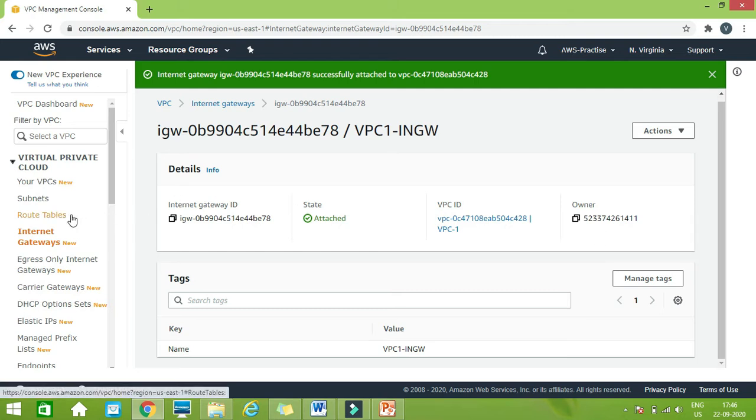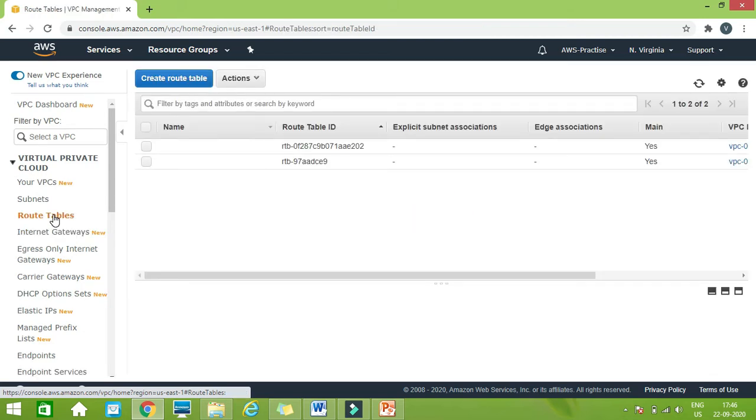Then we go to the routing table. So far the VPC is ready, the subnet is ready, the internet gateway is ready. Now we have to create the routing table. We create a routing table for each subnet. So let's say if inside the VPC you are going to create 8 subnets or 10 subnets, for every subnet we have to create one routing table. The routing table provides a communication path to the other resources which are available inside the VPC. Okay, so you're going to create a routing table.